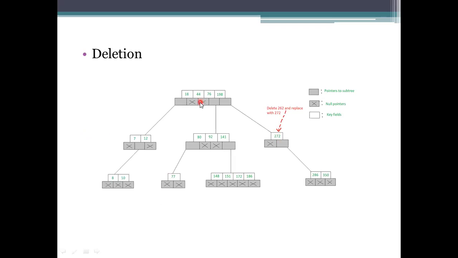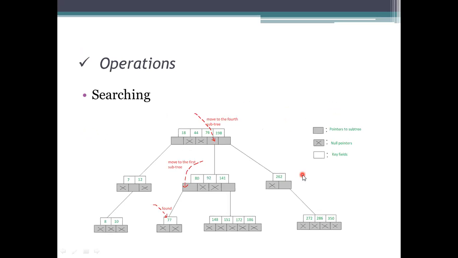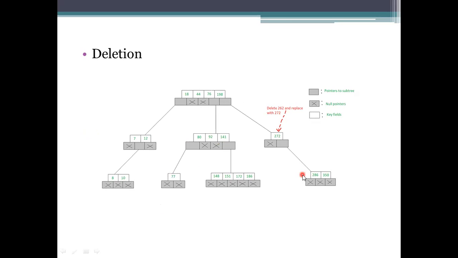For this, where it is residing has to be identified. Before removing the 262 as a node here, just make the least value at this subtree a root node, as a child to that 198. After that, we need to delete this 262. All these things have to be done simultaneously. The 272 will be made a temporary root node, and the values will be shifted to this pointer. And later we delete the 262 and replace the connectivity from 198 to 272 at the same time.